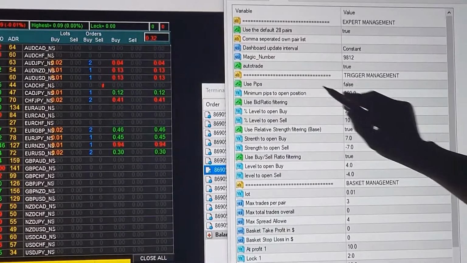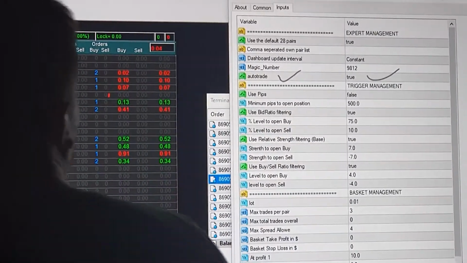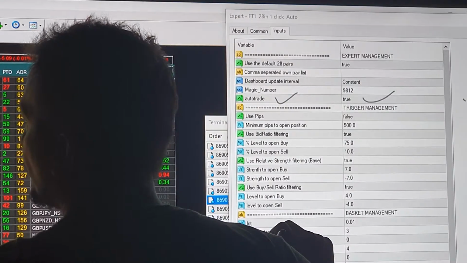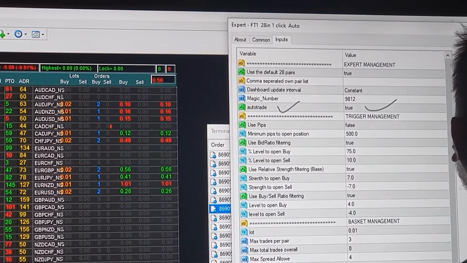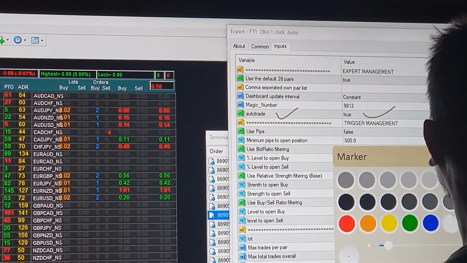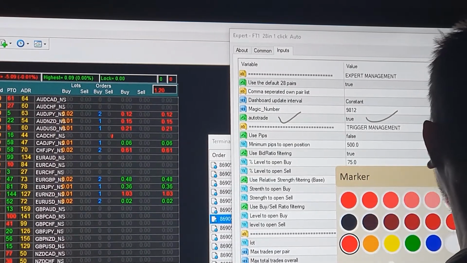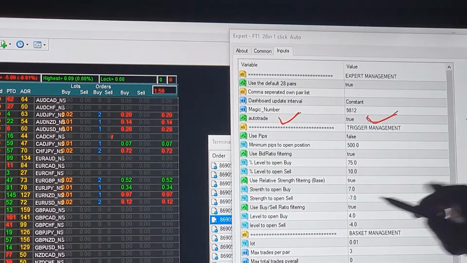So here you can see the auto trade is already set to on.